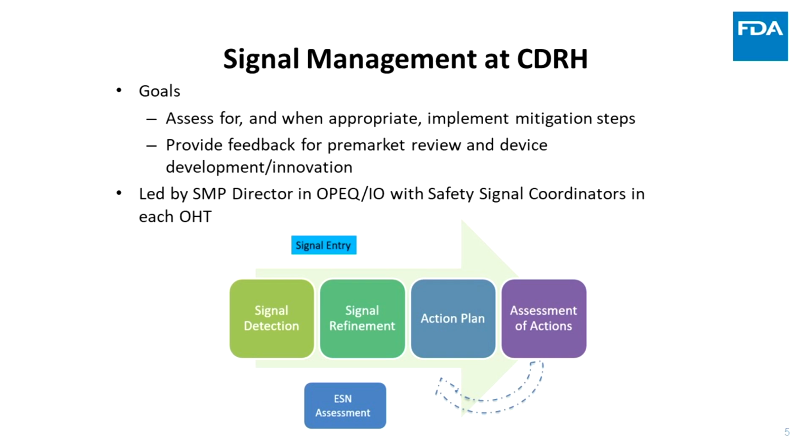At a high level, signal management consists of signal refinement to further analyze the issue, an assessment of whether FDA should issue an early communication, the determination of whether any mitigation actions may be warranted, the development of a set of recommendations for managerial concurrence, implementation of those actions, and the subsequent assessment to determine if further evaluation and/or actions